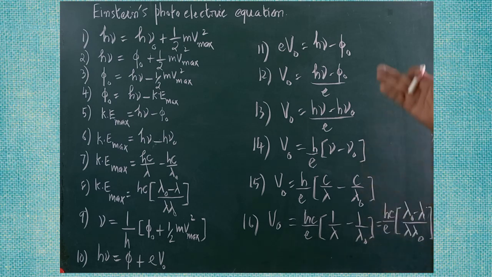So see, various formulas are available from the single concept. Are you clear? So in photoelectric effect, by knowing two or three factors, the other factors can be calculated. Therefore, just for the sake of convenience, I have derived all the possible formulae. By knowing all the formulae, try to solve the problem. Are you clear?